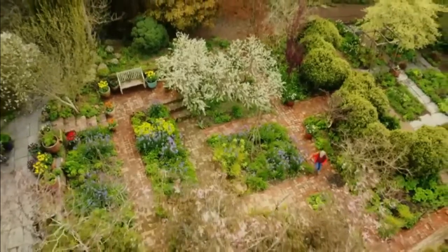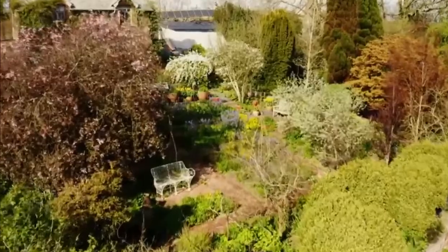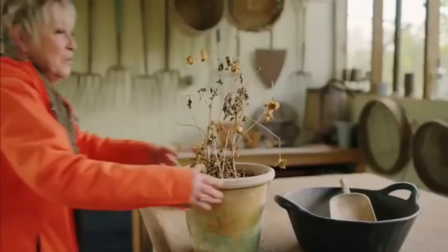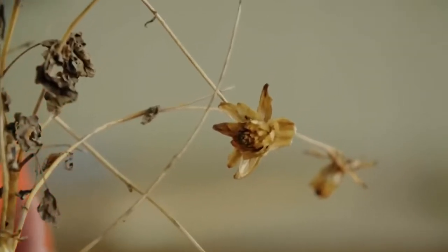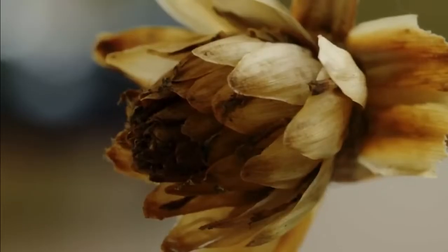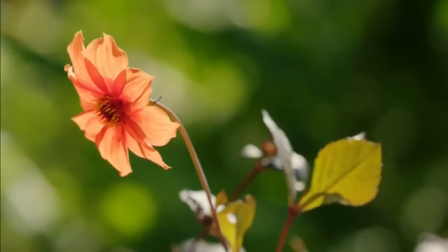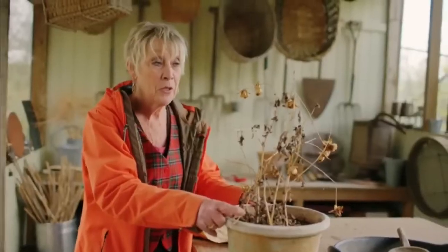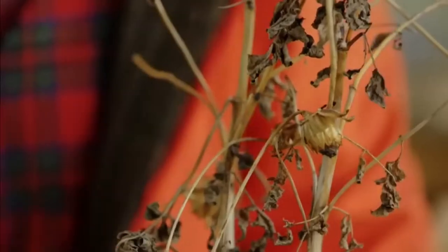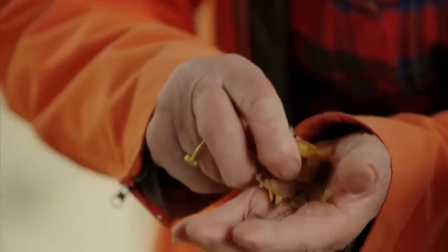It's waiting for me in the potting shed, and it's going to help me enlarge my dahlia display. Well, this is one dahlia that I've been preserving all winter for this very moment. It's a dahlia that I grew last year from a basal cutting. And you can see from these seed heads how many flowers it had. Each one of them has produced seed, and I want to take some of that seed now and grow some more dahlias. But the great thing about growing from seed is you never know how your seedlings are going to